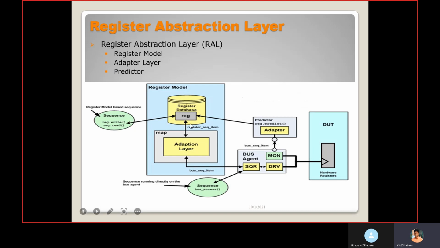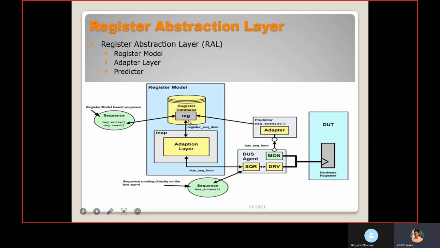Through the adapter, the register sequence item is converted into a bus sequence item, and through the bus agent, that means through the sequencer and driver, it reaches the DUT. During that, the monitor captures those values, and the adapter converts this bus sequence item into a register sequence item, and it will pass to the register model.